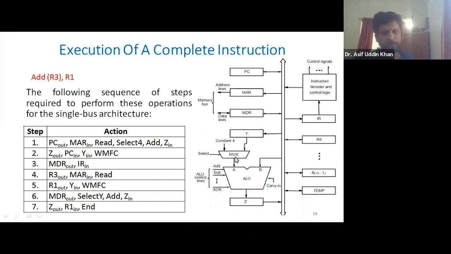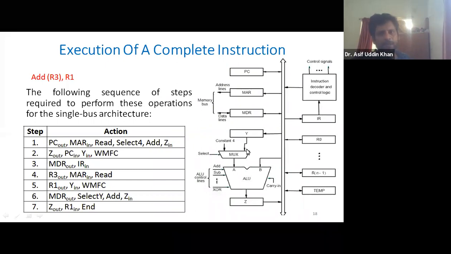I don't know whether you remember or not, you had a subject digital electronics, right? In digital electronics you must have read about the multiplexer. In a multiplexer there is a select input, and that select input will select any one of the inputs, and whatever it selects will be the output.